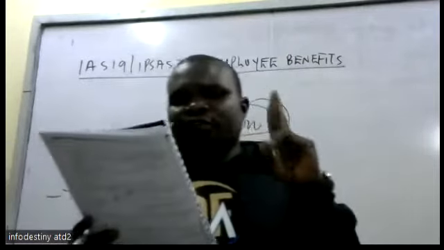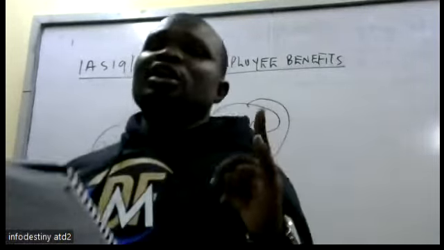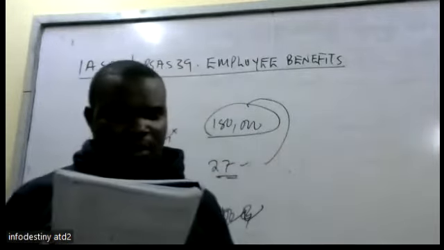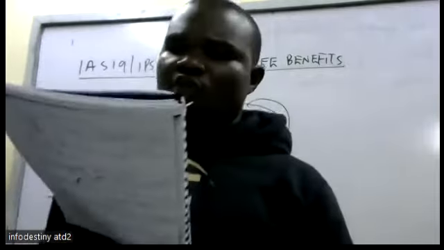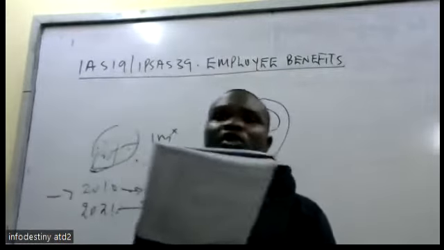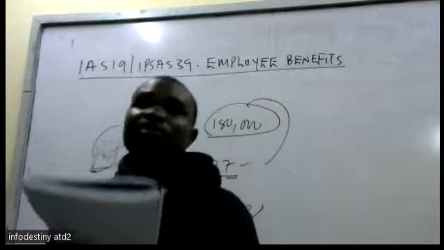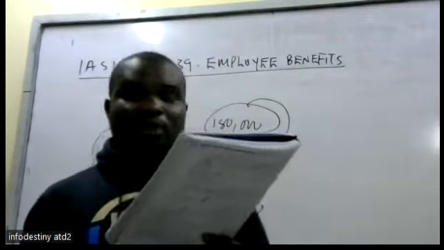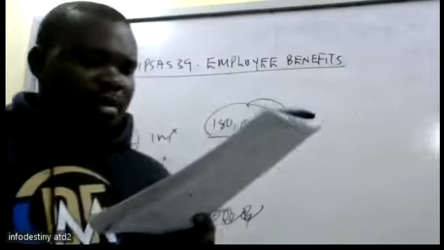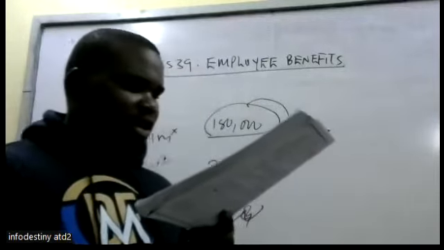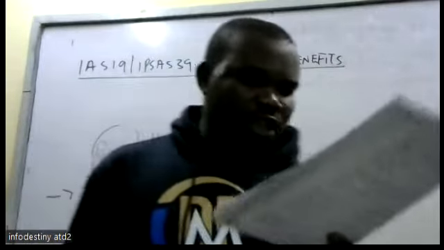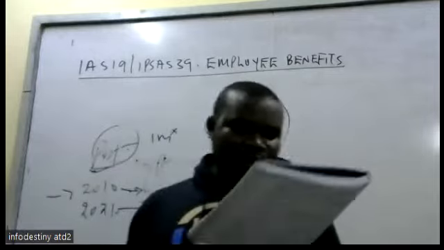What is very important? The first two, the current service cost and the past service cost, both in definition and treatment. All of them are expensed in the books. So that is one component which should be recognized. Then number two, there is the interest cost component. This relates to the changes in measurement of both plan obligation and plan assets arising from the passage of time, computed by applying the discount rate for the plan obligations and the expected rate of return on plan assets at the beginning of each financial year.